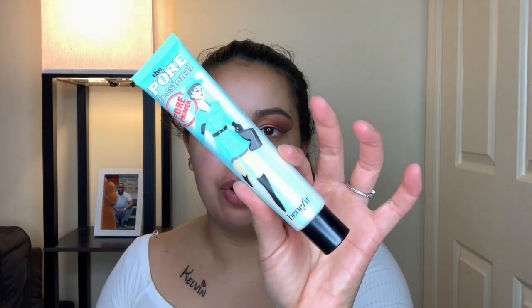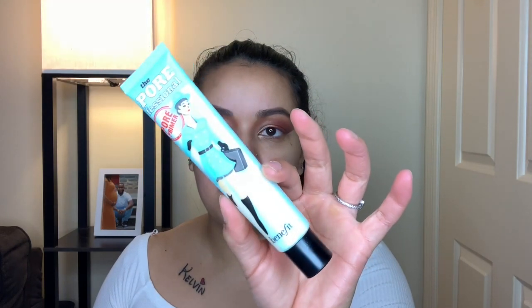And then for pore filling, I'm going to be using the Benefit Professional primer. So I'm going to take a little bit of it, and I'm going to just go around the T-zone, because that's where I have large pores, all around my nose,